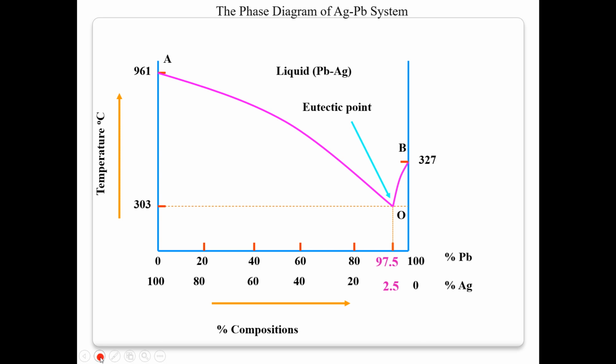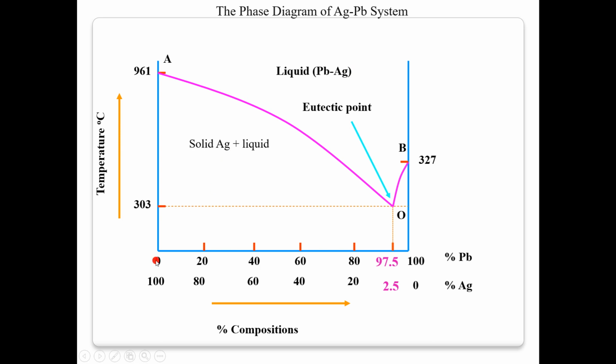Here we have two components. When you melt them, this is the part where you will get a mixture of liquid silver and lead. Both of them will melt and you will get a homogeneous system over here. Okay. In this phase, now see this area. In this area, you have solid silver and liquid. Now what is this liquid? The liquid is a mixture of lead and silver.